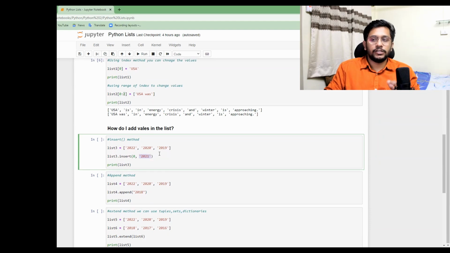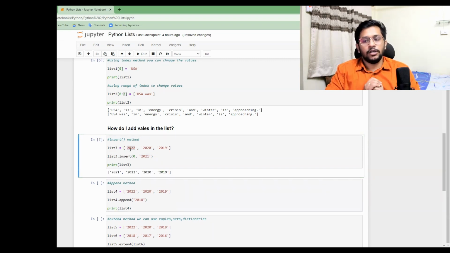So I've just created a list where we are just saying 2019, 2021. So we do not have 2021. This is misleading information, right? So we are in just 2021. We do not have 2022 as of now in our database. I want to replace it. How do I do it? I'll just simply say insert at 0 index the 2021 value, and I'll hit Control Enter, and that 2021 value is inserted. Now I know that 2022 has not been replaced. So you have to understand that insert will just allow you to insert values at a certain index. It will not allow you to replace. We will learn that later on.